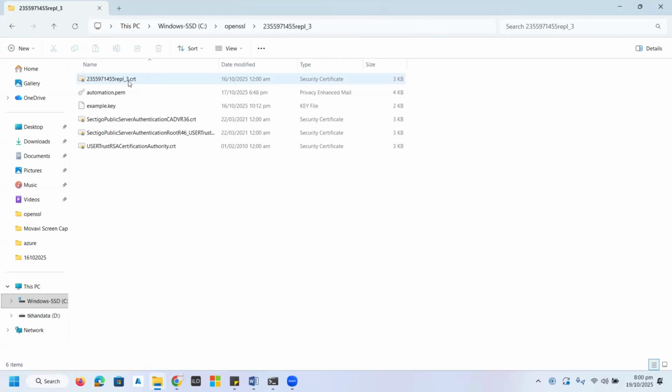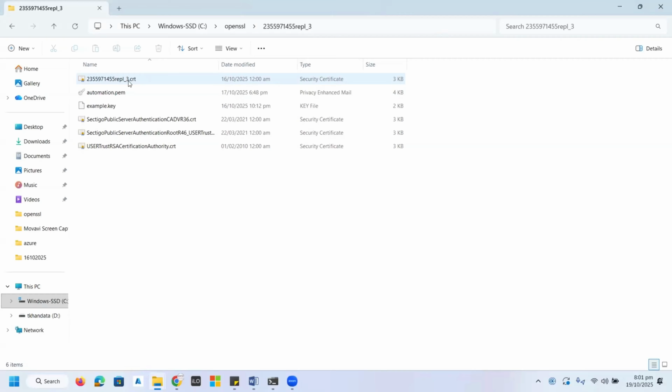We need to understand that whenever we try to install SSL certificates inside Microsoft Internet Information Services, the file format must be .pfx. And if we are going to implement SSL certificates on any Linux based machine, we generally use Nginx or Apache.